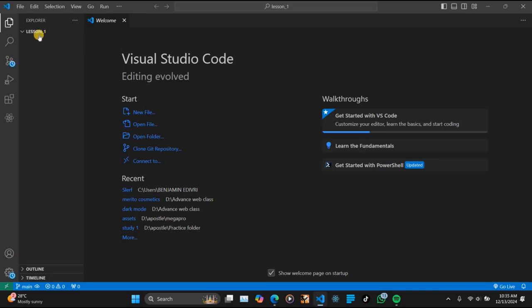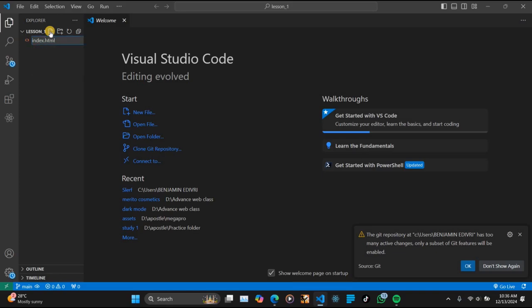for our HTML document. So if you move over to where your lesson is, you're going to see where we have new file, new folder, refresh explorer, and collapse folder explorer. So we're going to click on new file, and a cursor will be blinking over there for you to edit the file name. So we'll call it